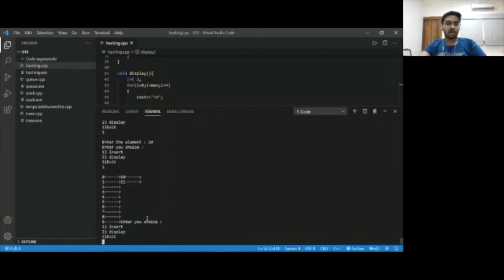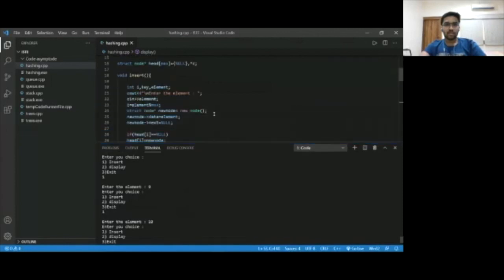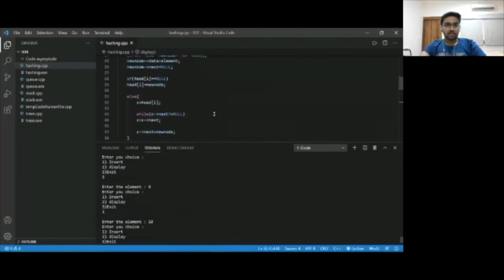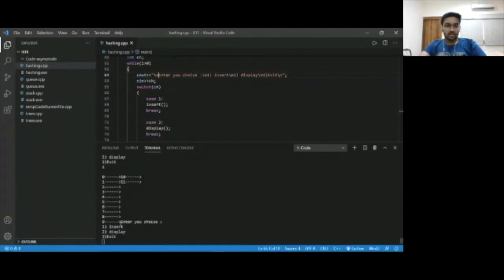So this is how our hash table looks. Before this enter choice, I'll also add a backslash n. Where was this enter choice? It was in driver code. Yeah, so before this, let us add a backslash n. So this one that you are getting, you will not get this. You'll just get this much of the table.